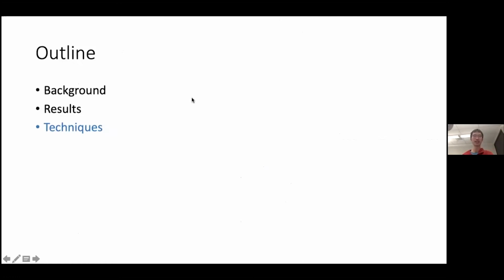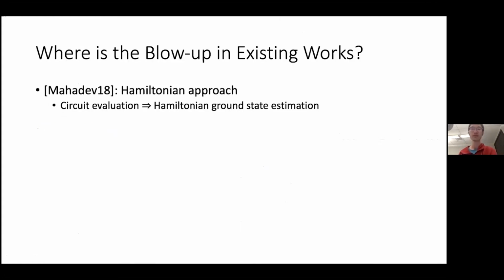So in the third part, I will discuss the techniques that I use in our work. Here is how the blowup in sitting works. In Mahadev 18 and many other protocols, they usually take a Hamiltonian approach, which is roughly as follows. These protocols will transform the circuit verification problem to a Hamiltonian ground state estimation problem. And this transformation will lead to a Hamiltonian estimation problem whose